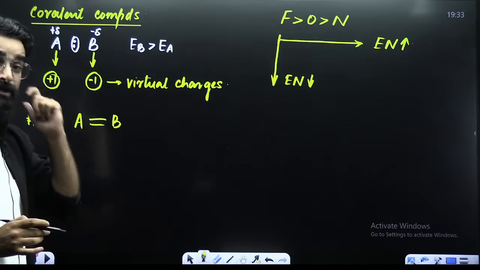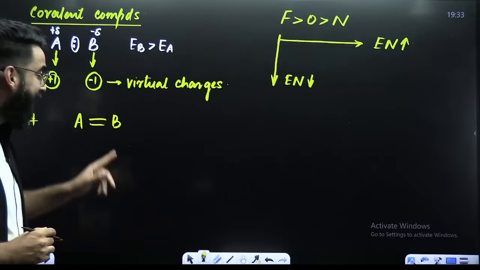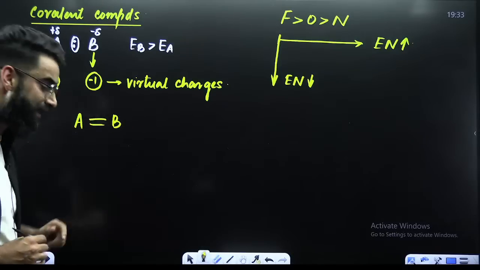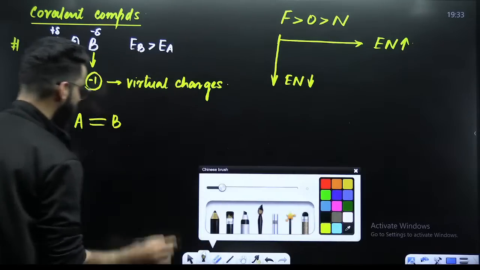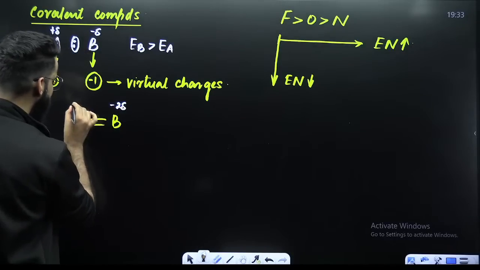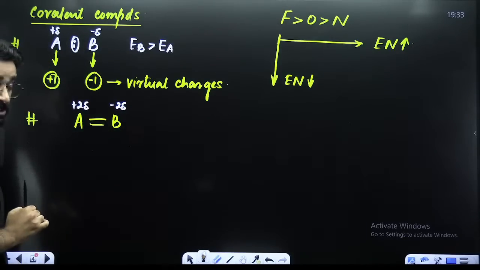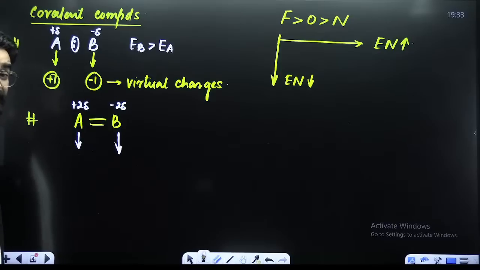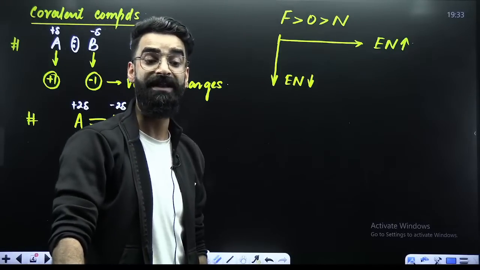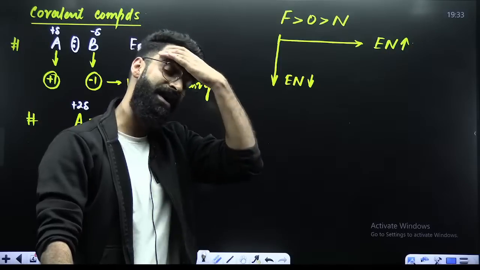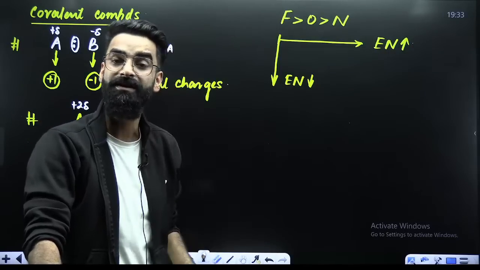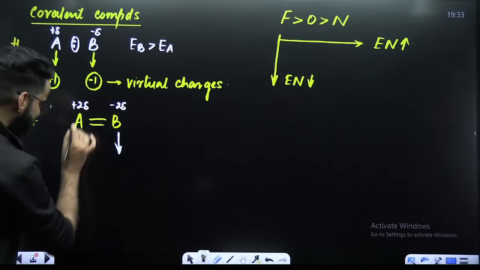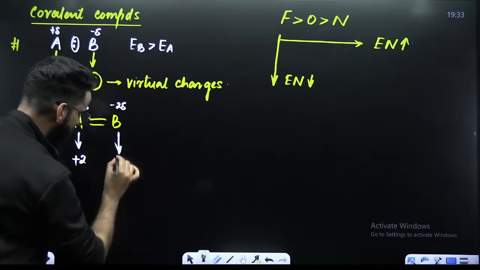If B is more electronegative than A, then what should happen? Both the electron pairs will be shifted towards B, due to which B is going to get -2 delta charge, and A is going to get +2 delta charge. If I ask you what is the charge present on one atom of A or B, technically I'm asking you the oxidation state of A and B. Because what is the oxidation state? Charge present on one atom of an element, right? You'll directly say the oxidation state of A over here is +2